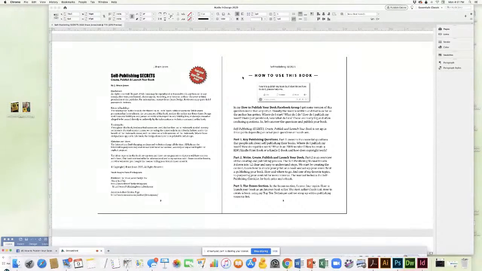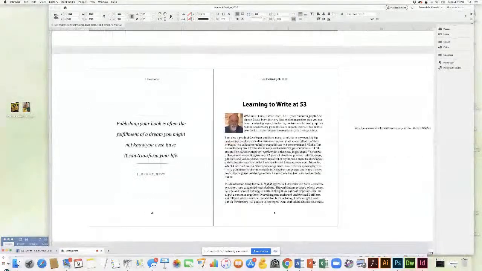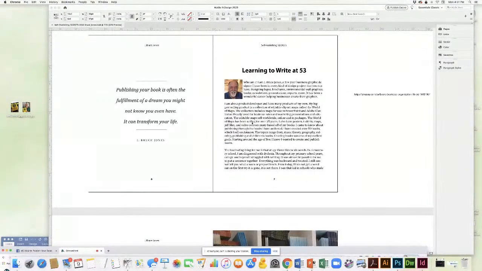So you'll notice I have text, I have graphics. This is an InDesign file. And the way that I design my books is I pretty much put all the text that's in one chapter in one long text file. I work chapter by chapter by chapter. Sometimes I'll break it up inside if there are things that are important, but